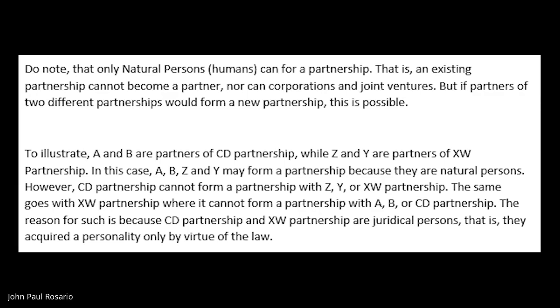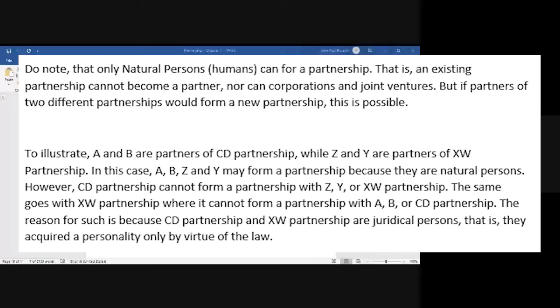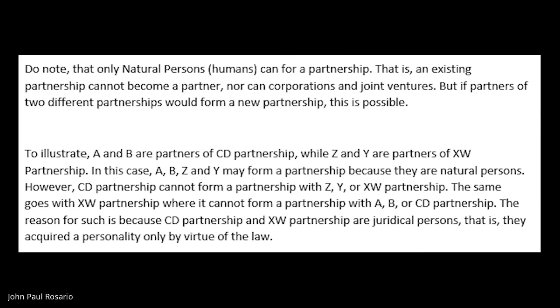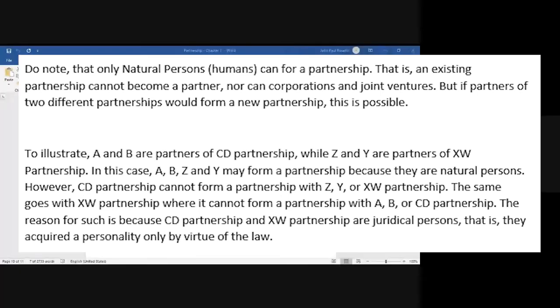So this one. Partnerships are based on mutual agreement. So the ability to give consent, it must be of free will. So partnerships are contracts with intention to build a relationship. And a corporation is not capable of deciding for itself, is not capable of having a relationship with another being. So juridical persons, or persons who have personalities by virtue of law, cannot form a partnership with any type of persons. Because again, only natural persons can form a partnership.